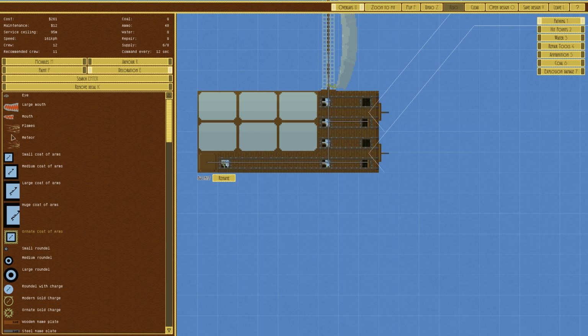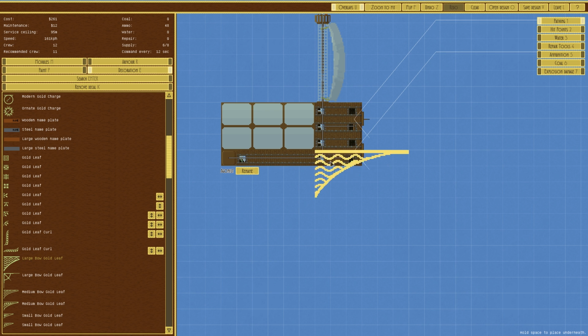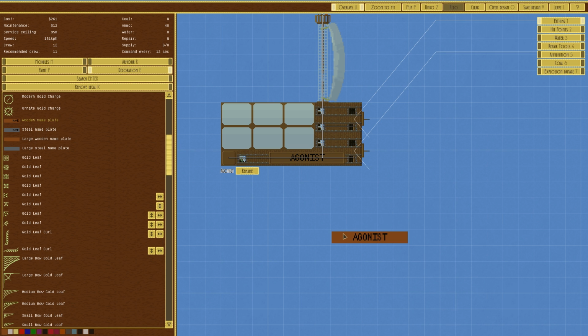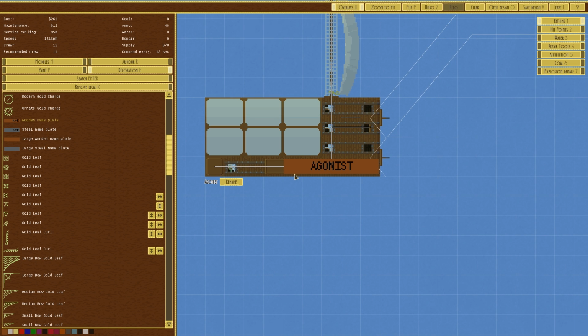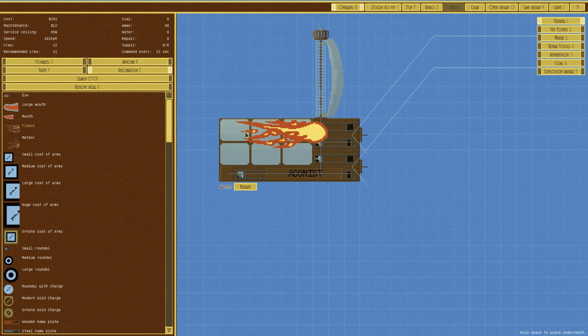It seems a bit silly to put eyes and mouths on it, which is probably why we'll do it. I don't think these gold leaves are really suitable for this one. A wooden nameplate would be fine. Yep, there we go. Does it actually alter the speed of anything? No, it doesn't. There we go. And I don't think flames is...